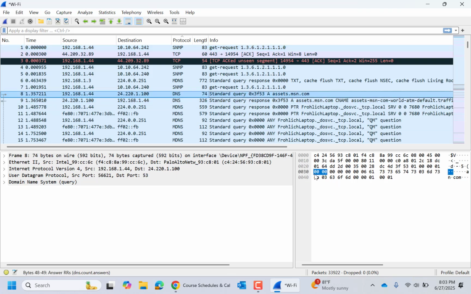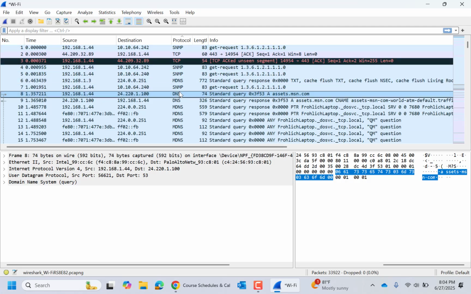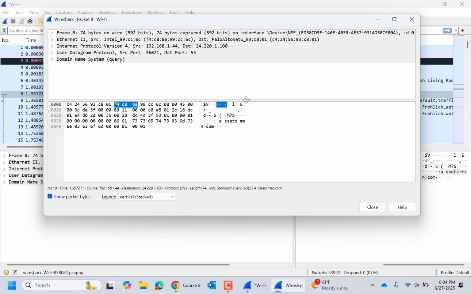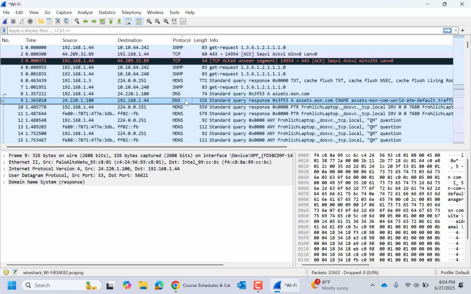Here's DNS. So in this DNS packet, we're asking what is the IP address of assets.msn.com. If you're a network administrator and you want to get an idea of where people are going on the network, you could start to see URLs.